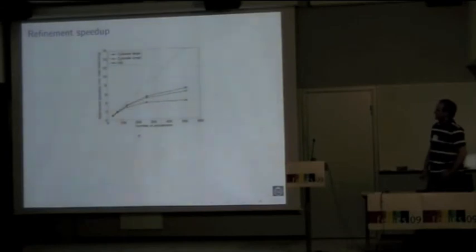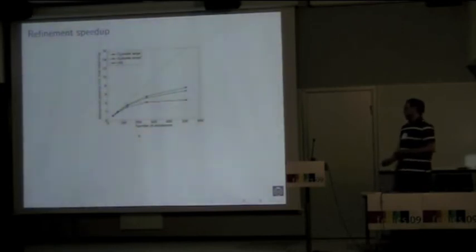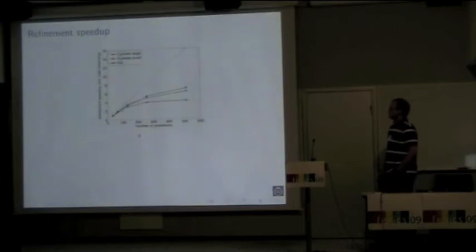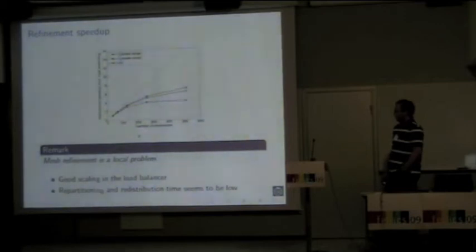So this is the refinement. And the baseline here is 32 processors, because that's the smallest number of processors you can allocate on the Blue Gene. You can run it on fewer, but you have to allocate 32. And we have this memory problem that you only have 1 gigabyte per node, so we can't really fit the problem on fewer nodes. Anyway, linear speed up to 128 processors. Then it starts to flatten out. But you should keep in mind that mesh refinement is a local problem,